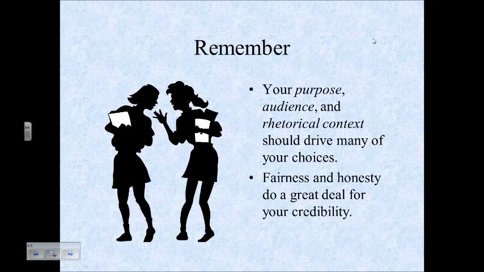Also, keep in mind that honesty and fairness make a great deal to do with your credibility. You don't want to lose credibility with a reader because you appeared to not be fair or honest. It doesn't mean you have to agree, of course, with everything an interviewee says or believes, but you do need to give the appearance of credibility so that your reader will buy everything